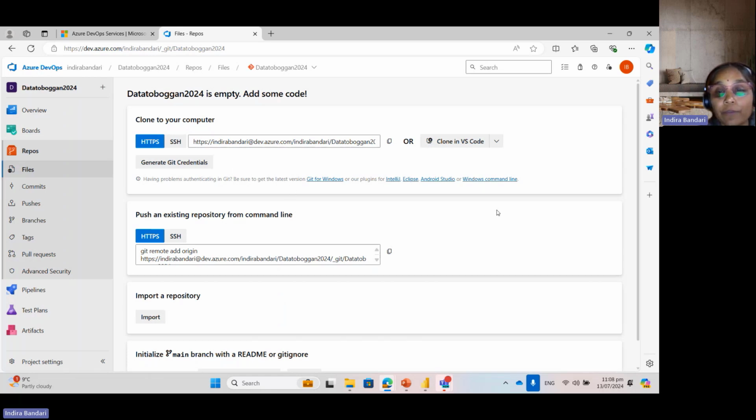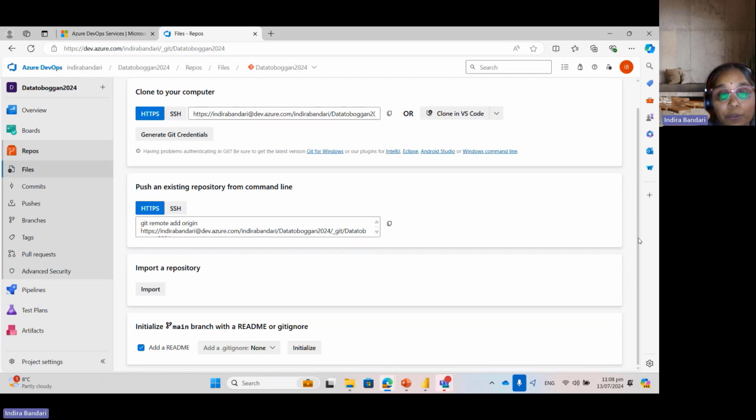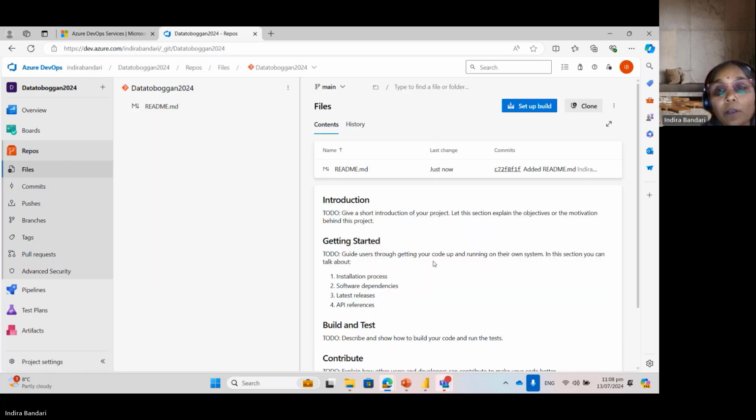So little by little, when we start, so first step that we need to do is within this repos, once you click on repos, what you can do is you can initialize a README, initialize a main branch with a README. So I'm just clicking on initializing. And here the default README comes. So you can have an introduction. You can change all this. We won't worry about changing that in this particular session, but this is the README that we have. Now what we need to do is,